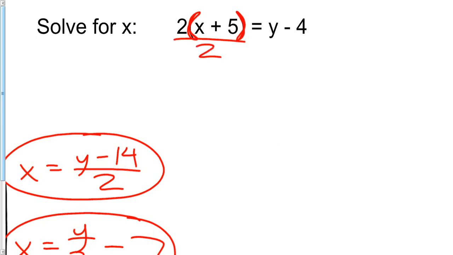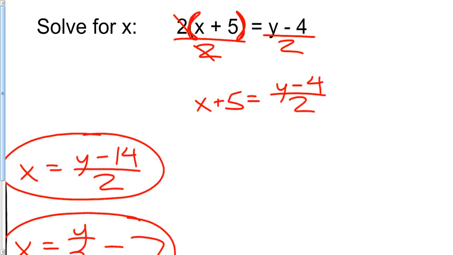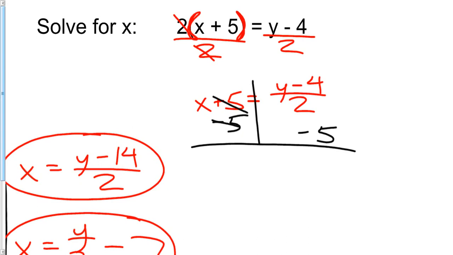And what that does is it leaves me with x plus 5 equals y minus 4 all over 2. And then what I could do is subtract 5 on both sides. So we'd be left with x equals y minus 4 divided by 2 minus 5. And then you could go even one step further to